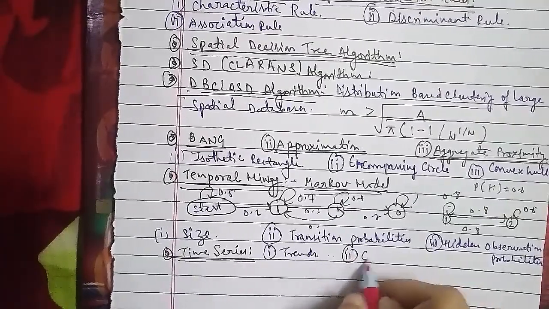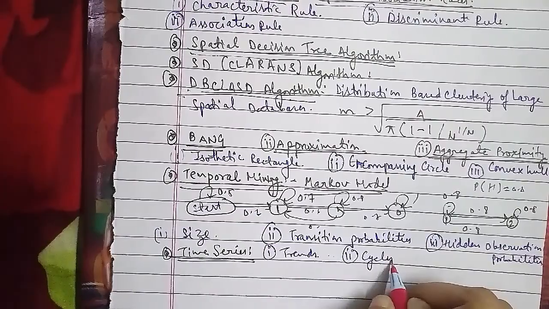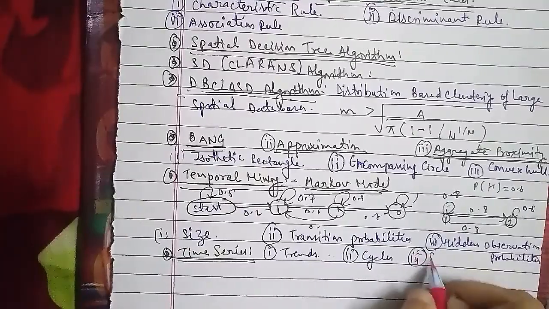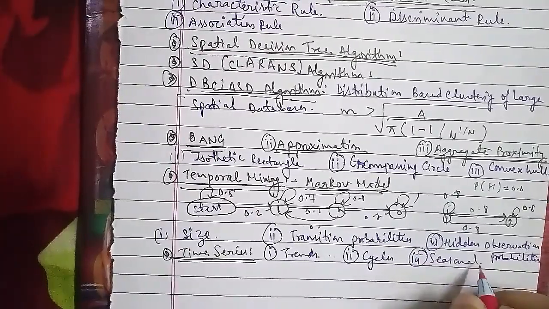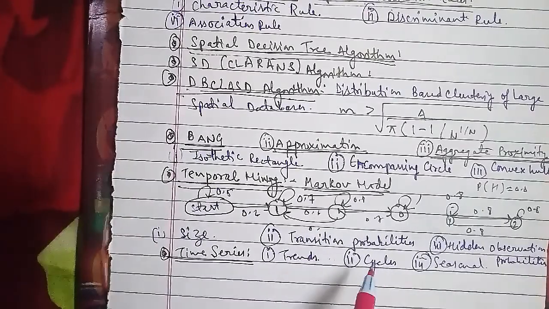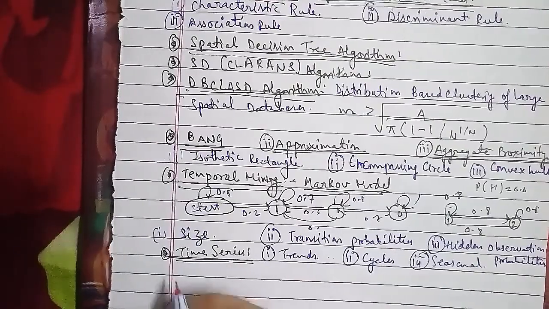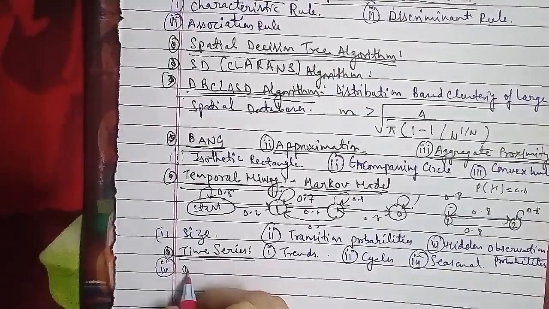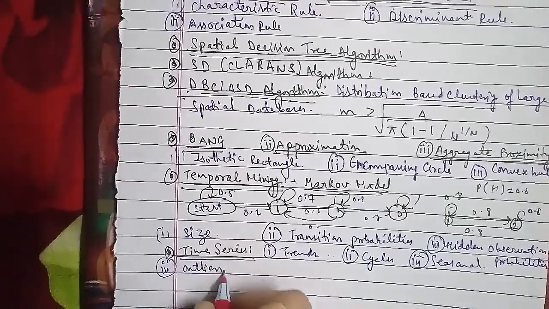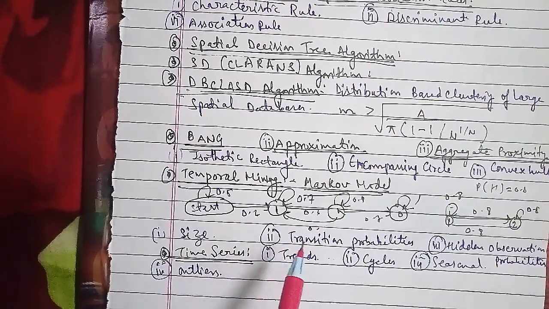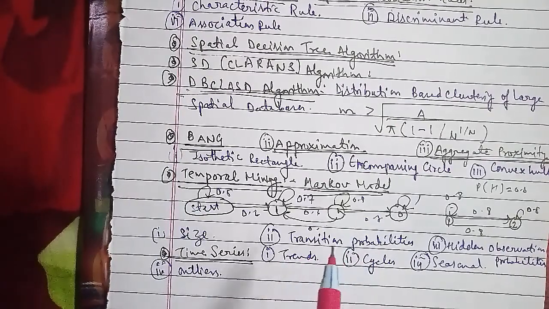In cycles, the observed behavior is cyclic. Third is seasonal. In seasonal, the detected pattern may be based on the time of year, month, or day as well. The fourth we have is outliers. In outliers, the pattern detection technique may need to remove or reduce the impact of outliers as well. Now we'll discuss what we mean by trend analysis here, in detail.